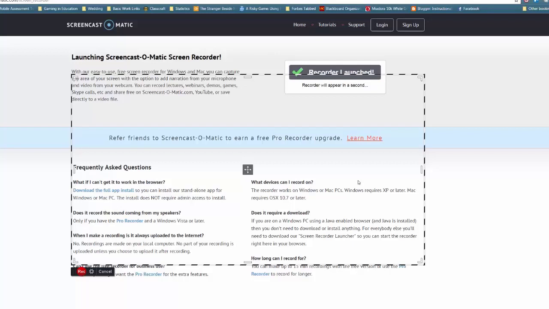Starting to create a recording is just as easy as launching the recorder, but there's a couple of recommendations I want to make first. A good rule of thumb is before you start recording, you want to place everything on the page the way that you want it to be before you start. This will make the editing process later on easier.